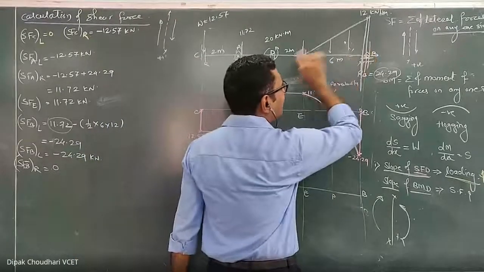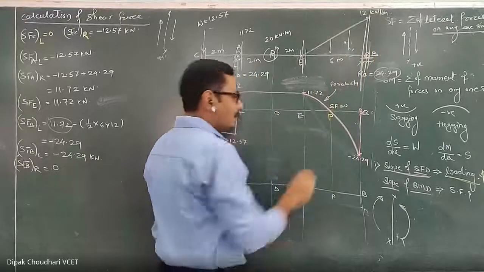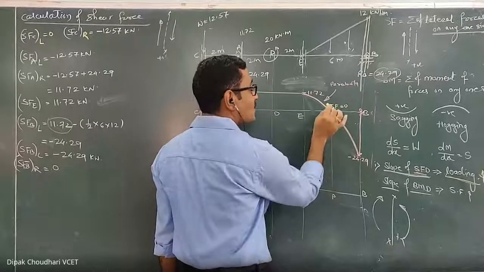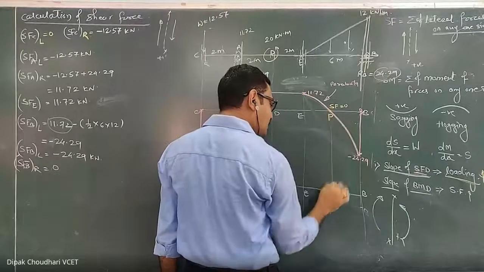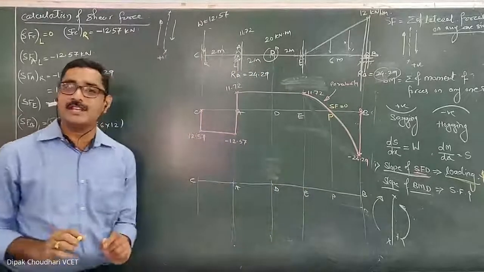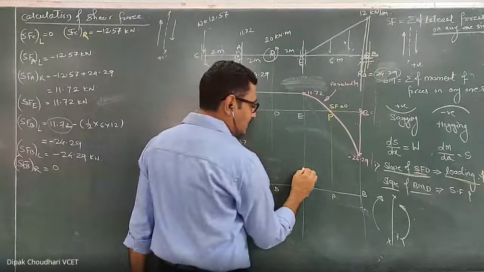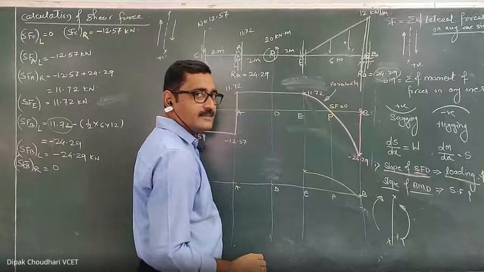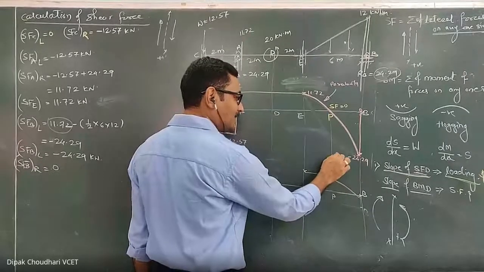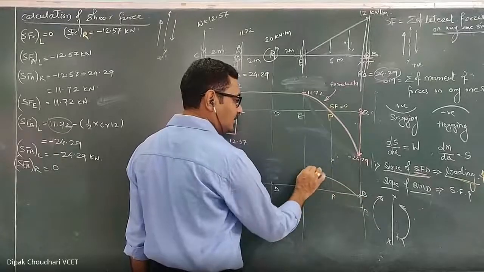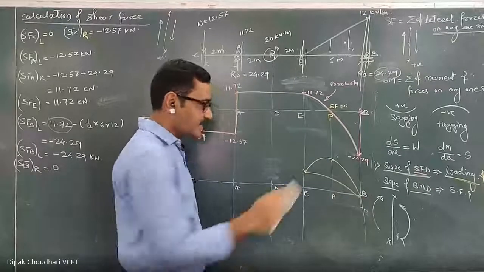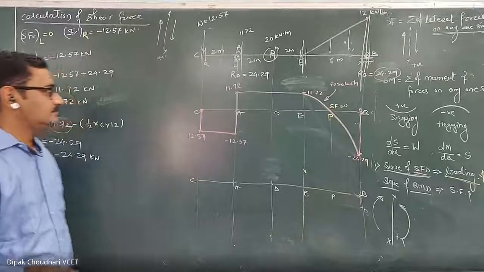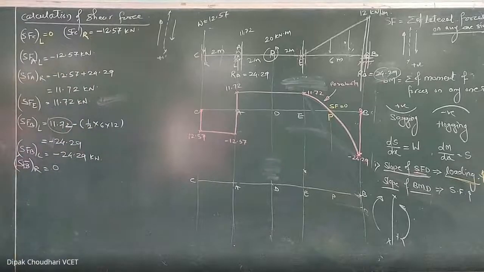Here from E to B, the bending moment equation is continuous. But here we observe that the shear force changes its sign. So at that point, the bending moment will be maximum. So this maximum bending moment at this point P also you need to calculate while drawing the shear force diagram. Directly bending moment at point E and bending moment at point B calculate करके directly curve नहीं draw करने का है. Okay, you need to calculate the bending moment at point P also. This will be the maximum bending moment between this, and you need to draw the proper curve like this. So whenever such type of point is there, you have to always calculate the bending moment at that particular point. Okay, so let's start the bending moment calculation.